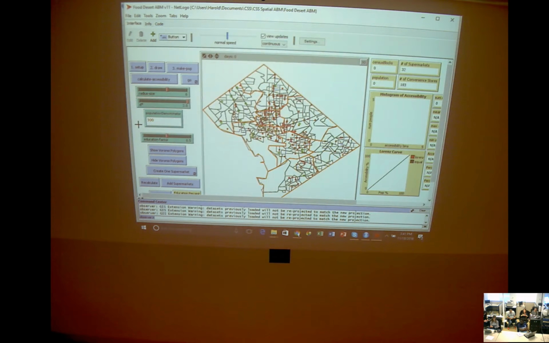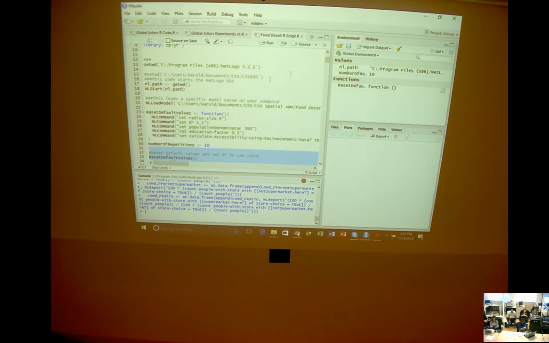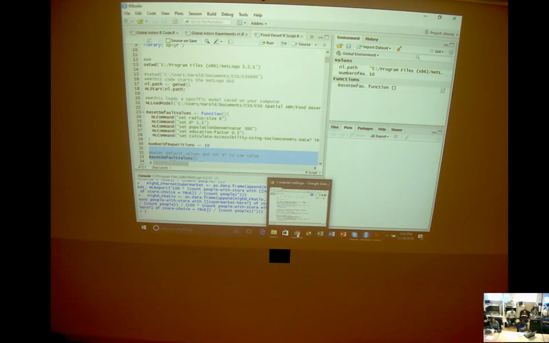Can you disable display when you run from R? Sure, absolutely. I can just do this where I don't view the updates. Or there's another option when I actually load the model. If I go up here to where it says NL load model or NL start, you can specify it as being what they call headless. And so you'll just use NetLogo as the engine, and you won't actually see it ever pop up. So is that in the NL start command, just like a comma headless? Yeah, it's running right now, but this is the thing I was going to say,